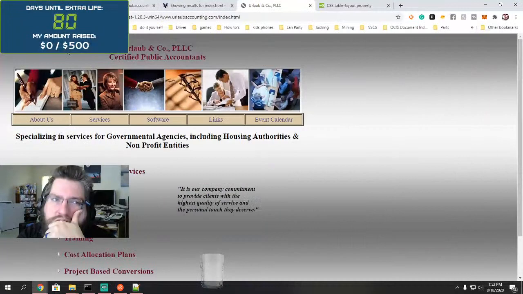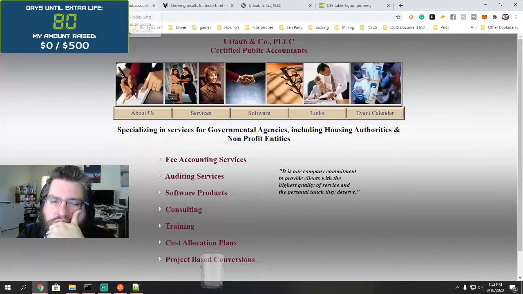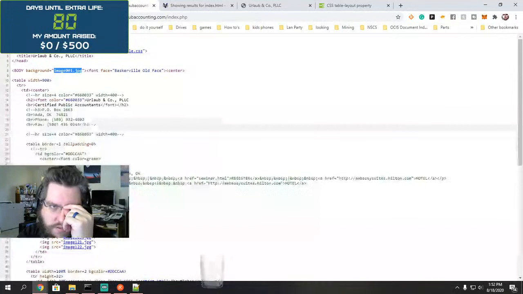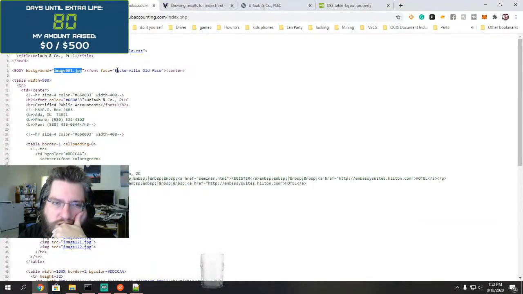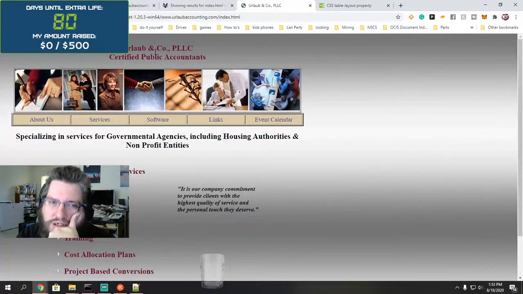Huh. So let's go ahead and see. So they actually had font size and then center. See, that's the problem. They didn't have it. And then they had this, which is kind of weird. But then fonts. See, this is kind of weird though, because they actually have this, but there's